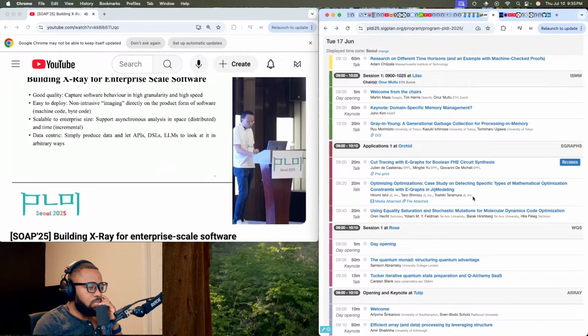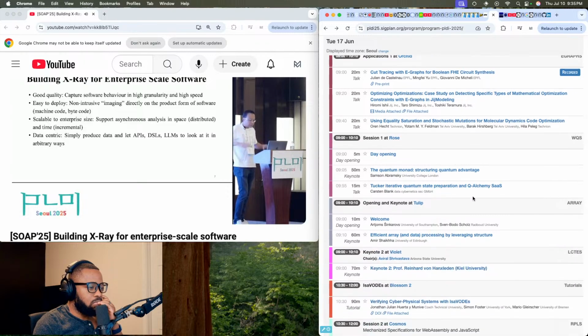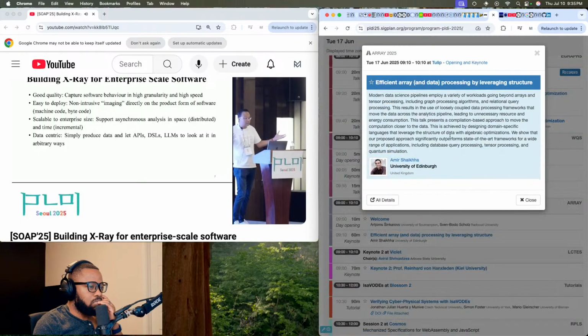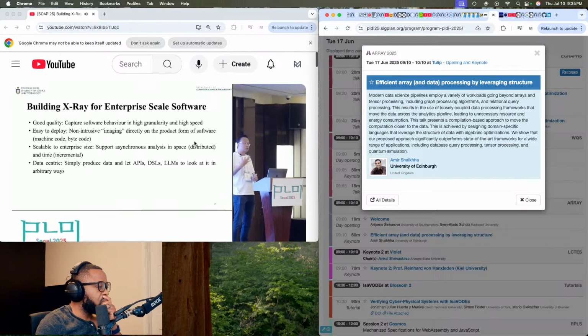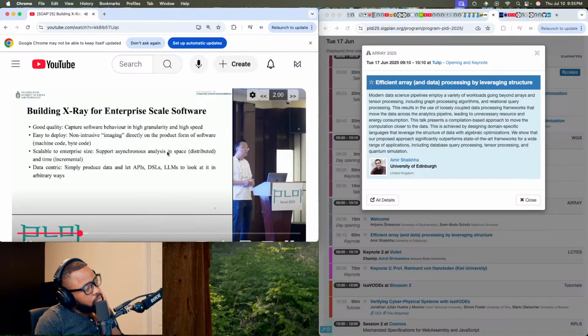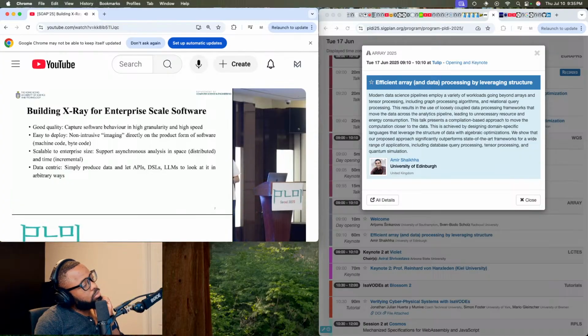Anyway. So from these observations, here's something that we want to build. I think that sort of behave more like an X-ray for real-world objects. Of course, the basic premise is that we need to produce somewhat good-quality image. Also, we want to produce the image through non-intrusive imaging. Right? So we don't want to interfere with software development cycle too much. Ideally, we like to scan software from their product form, meaning mostly compiled code. And just because of the sheer size of enterprise software, we have no choice. We have to learn from how people deal with big data. We have to use distributed computing cloud infrastructure to analyze it, and we have to do incremental analysis. Otherwise, it's impossible to handle this.